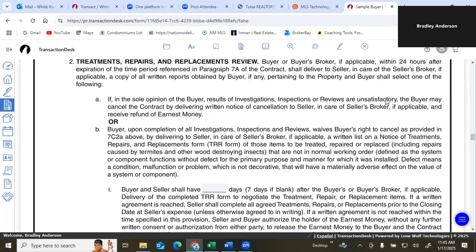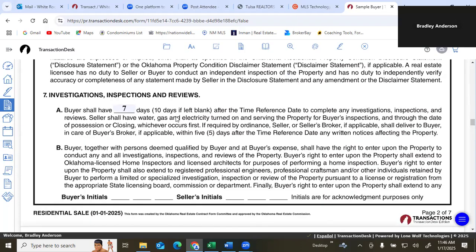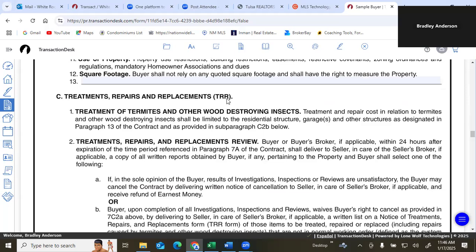Buyer goes in and looks at the property and thinks everything is great until he gets an inspection done and finds out the HVAC is broken and it's 20 years old. The hot water heater is leaking. It's 20 years old. There's all sorts of wood rot and things that just overwhelm the buyer. And they say, I'm out. Okay. You have to do that within that period. Okay. Or